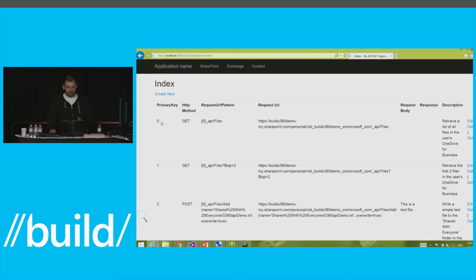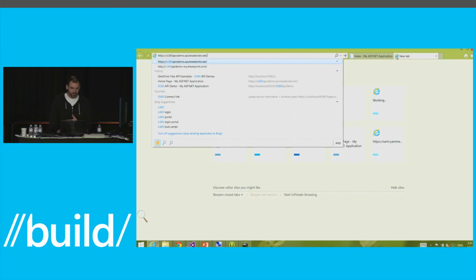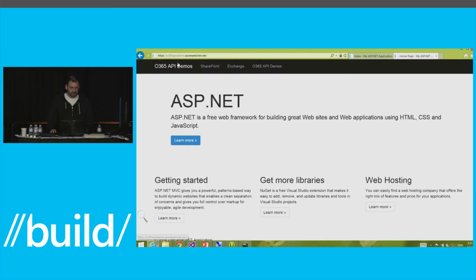And then you can see I've got a bunch of these examples. I've got a GET, I've got the request pattern. This is the actual discovered URL for the full thing when I construct it. You can see the description, you can see the request body, and if I were to actually do the response, you can see the response. I've got the baked version of this that I'll show you real quick, which is the full thing end-to-end at